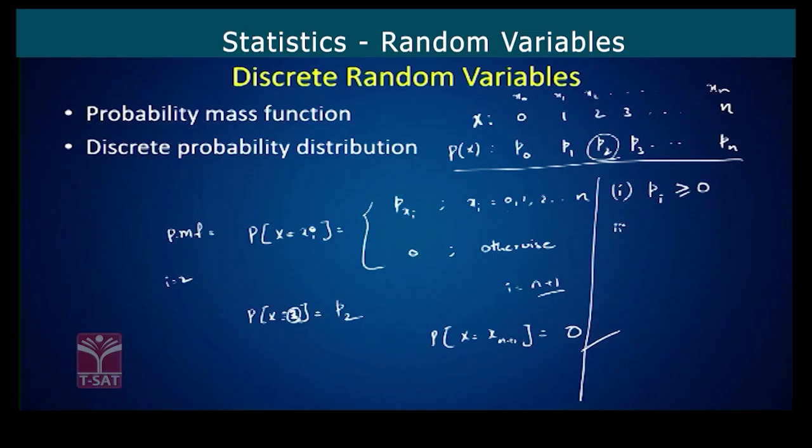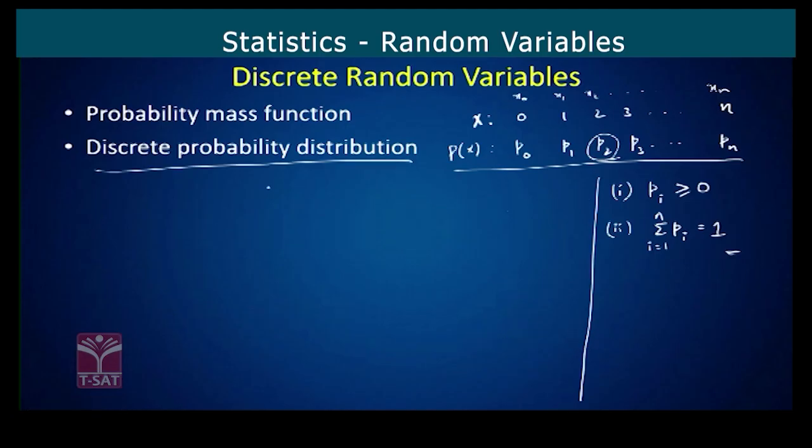In the second property, when you add all the Pi's, where i takes values from 1 to n, it must be equal to 1. So these are the 2 properties you have to remember. Next, discrete probability distribution. So this probability distribution is nothing but cumulative of